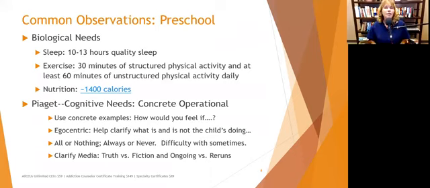And clarifying the media. Preschoolers, remember, are still having difficulty understanding fact from fiction. They also have difficulty understanding whether something's ongoing or if it's reruns. So if you're watching a disaster, for example, a hurricane, or the Twin Towers going down, or whatever it is that the media is replaying 24/7 for weeks on end, to a preschooler, that means it's happening now and now and now, and it's continuing to happen.